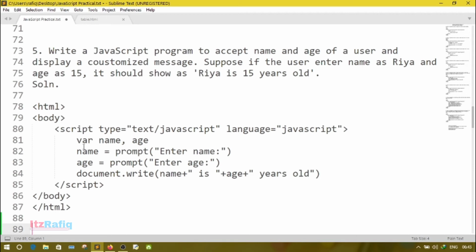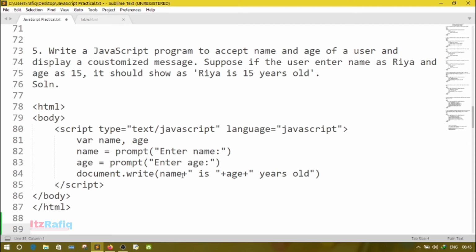So to do this program, you will declare two variables name and age. After that, accept these two from the user using prompt statement, like name equal prompt, enter name, age equal prompt, enter age. After that, in document.write part, you will write name plus is again plus age plus years old.